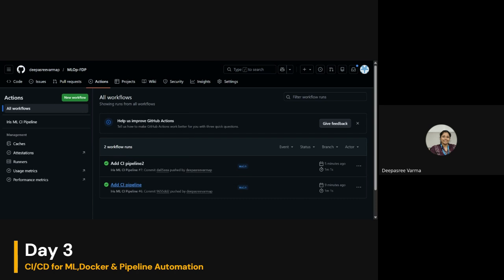The second thing we saw was continuous integration, where whenever a change is made in the local system, we can push it to Git, and through GitHub Actions it will be integrated and the new model.pickle file will be created. In industry, multiple people work on the same project and make changes in the same file, so they will have their own branches.